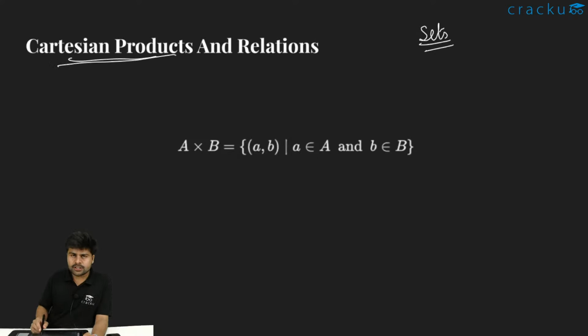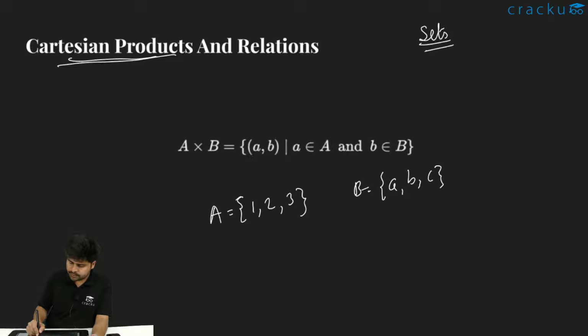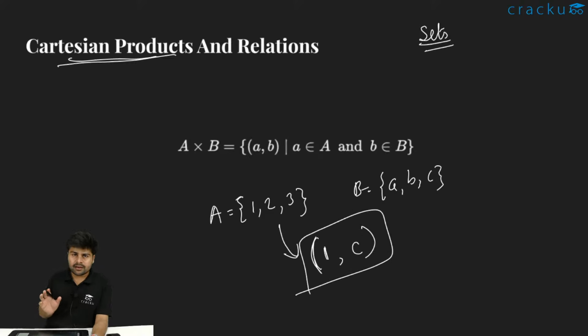When we are talking about Cartesian products, we are essentially referring to two sets. So we need two sets, let's say A and B. A has the elements 1, 2, 3. B has the elements say a, b, c. The Cartesian product takes each element from A and tries to create an element. One element will be taken from A, one will be taken from B. So let's say we will take c. So this sort of pair of elements, 1c, 2b or 3a, the set of all such pairs is referred